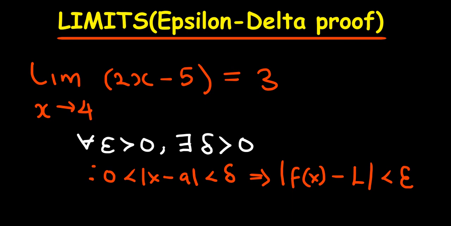So in this video we're going to look at limits, and we're looking at epsilon delta proof. Now we have this question here which says use the definition of the limit to show that the limit of that function 2x minus 5 as x approaches 4 is equal to 3. So one can say that that limit is obvious, since when we write that function there, 2x minus 5,